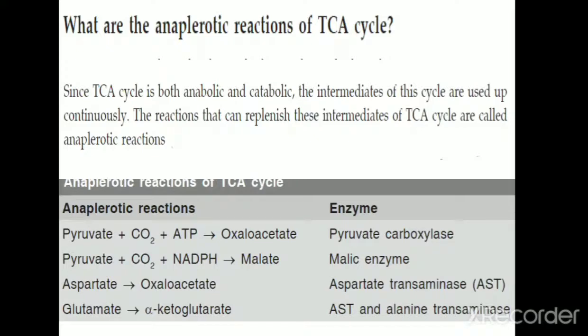For that purpose, these intermediates have to be regenerated. So there are some reactions in our body where TCA cycle intermediates are continuously regenerated. That will refill or replenish the